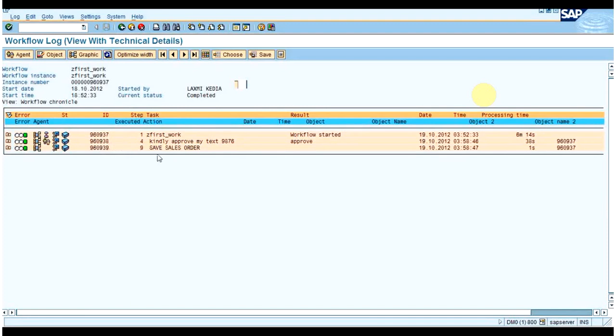First, let me explain about this standard view. In the standard view, you can come to know what steps have executed so far. Above, there is a button called the table button, the table icon. Just click on that.